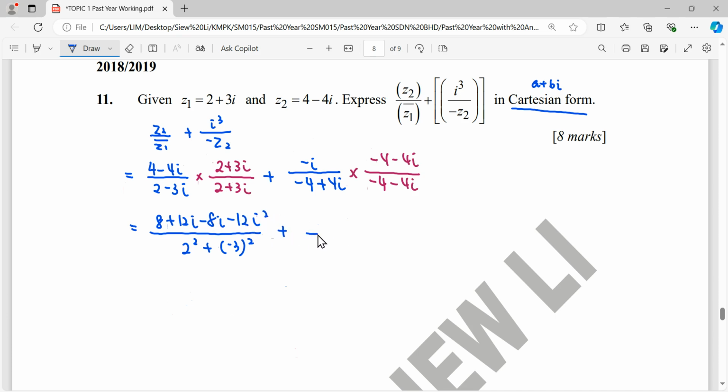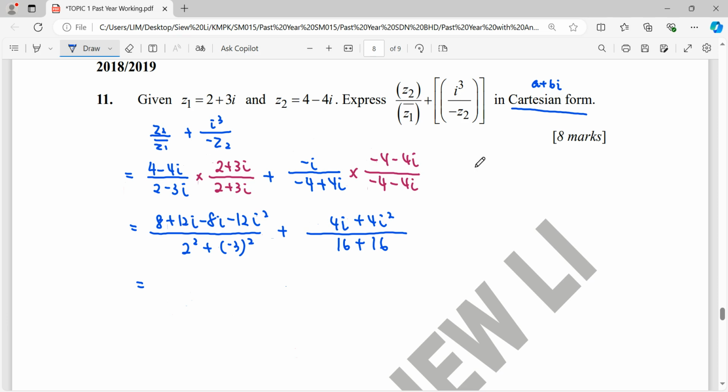Plus, another part here, again a complex number with its conjugate, straight away we can do a square. Negative 4 squared will be 16. b, which is 4 squared, also 16. For the numerator, we expand one by one: negative negative becomes positive 4i. Then negative i with negative 4i will become positive 4i squared. So we're going to simplify this